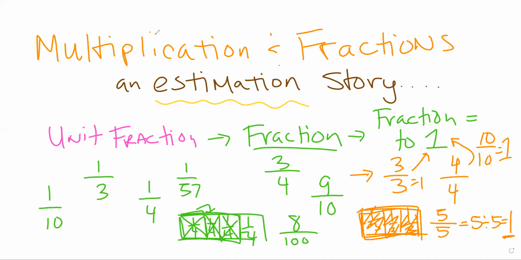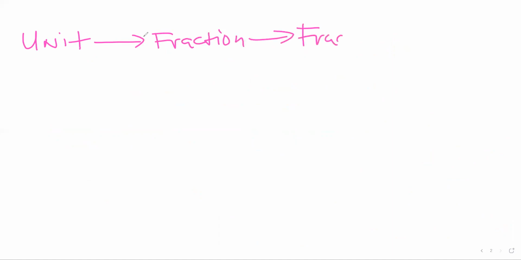So if you think about that, that's our next piece. So we have these unit fractions. We put them together. Those make fractions. When we put them all together, we get a fraction equal to 1. Then we start to get fractions larger than 1. So then that would be the next step in that. So I'm going to do a fun little map here. We have a unit fraction, and that takes us to the fraction. And then that takes us to a fraction equal to 1. And then we start getting fractions